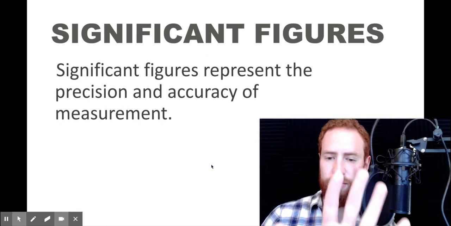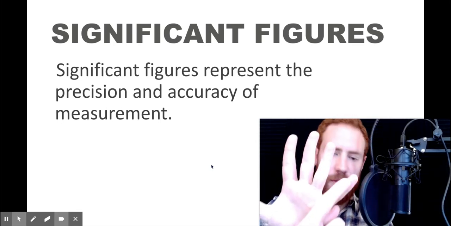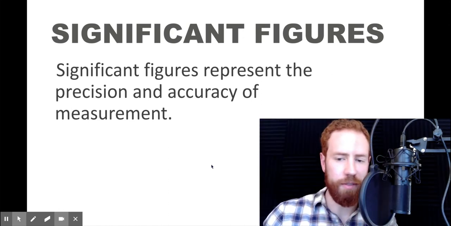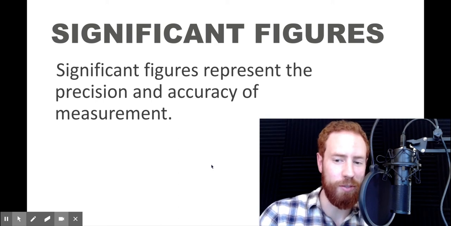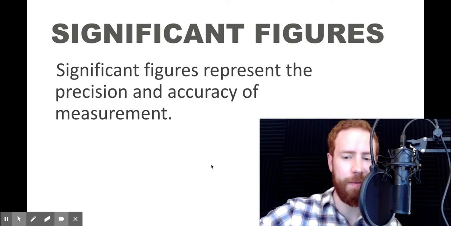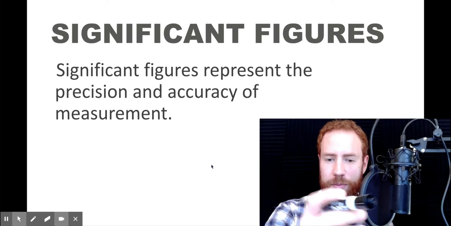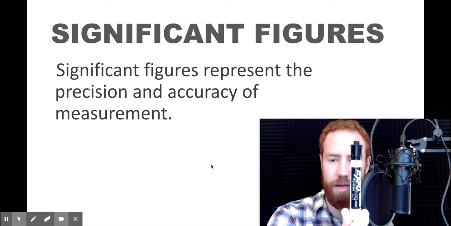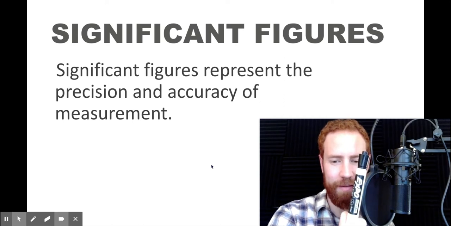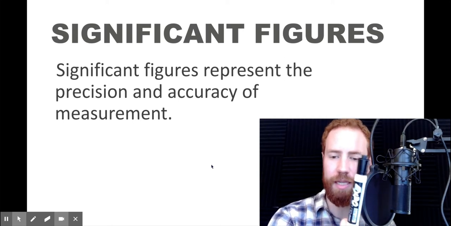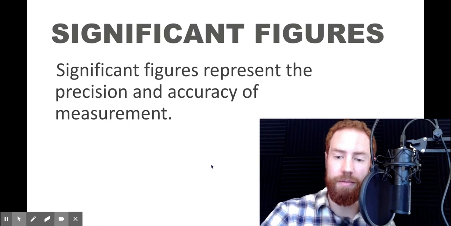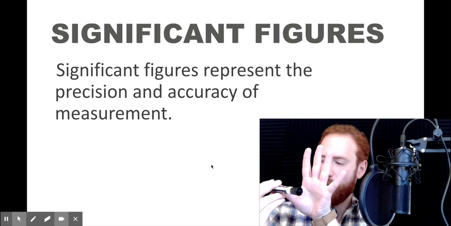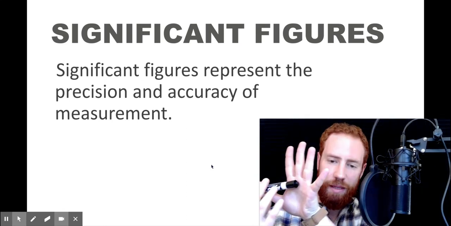So if I was trying to measure my hand span, the distance between the end of my pinky and the end of my thumb, I could use a number of different devices to do that, right? So I'm gonna grab a measurement device right now. I'm gonna grab this pen, which I know is 12 centimeters long because I measured it beforehand. So this is basically a 12 centimeter marking tool, and I could use this to estimate the hand span that I have. So I'll put it at the tip of my thumb, and I'll look at it